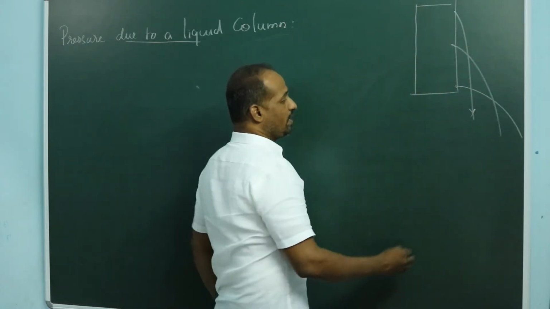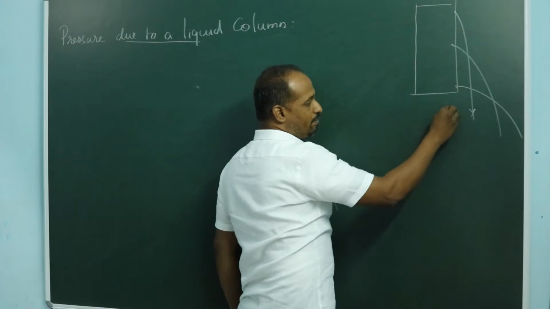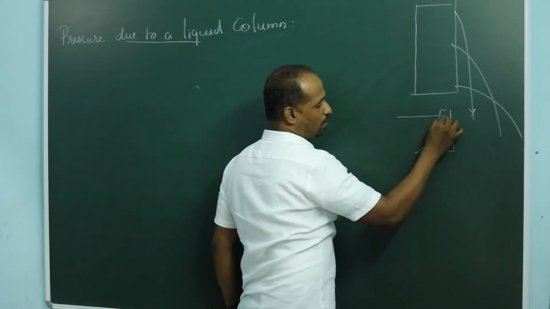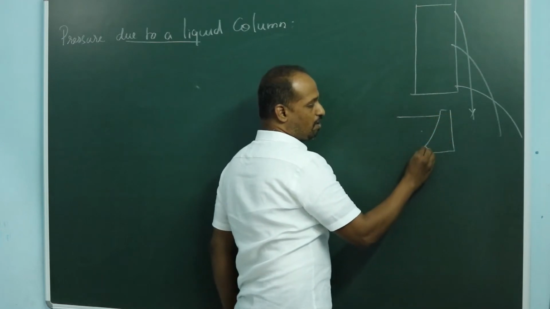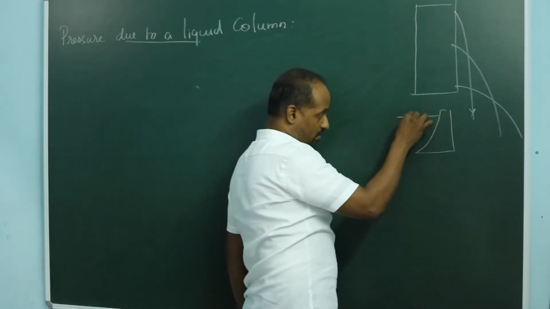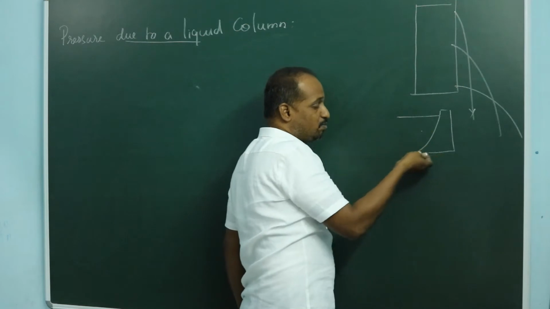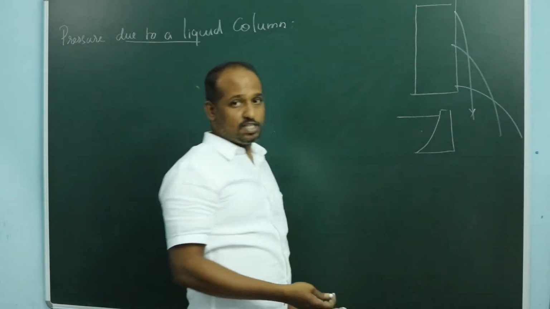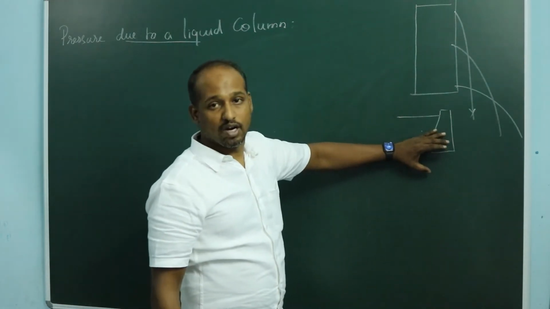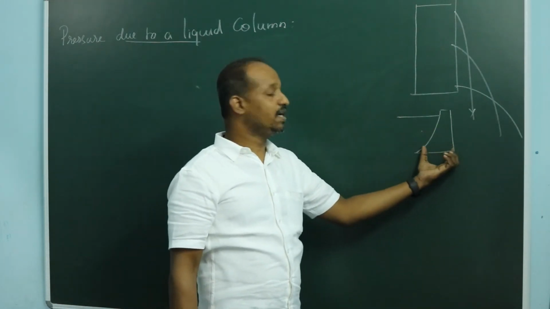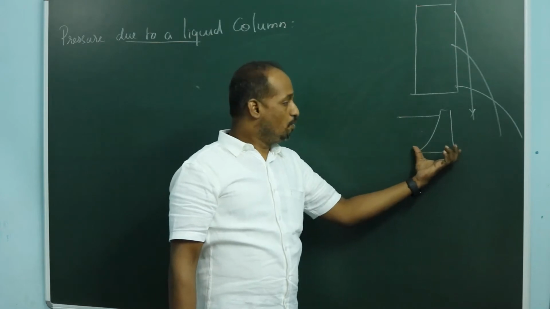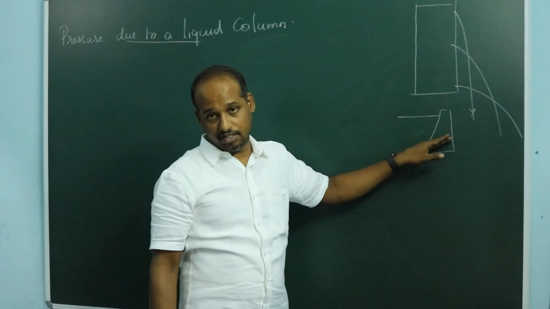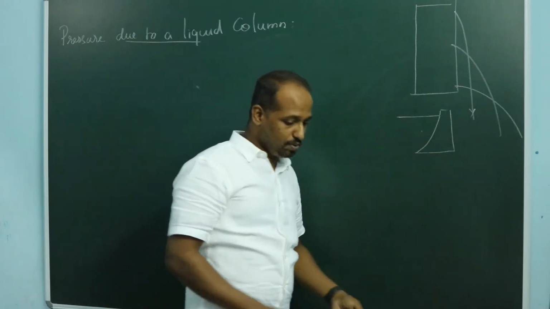That is the reason why in any dam, they will build a dam like this. Because when you fill water up to this level, the water exerts more pressure at the bottom. That is why, for the dam not to be damaged, it has to be built strong at the bottom. So the bottom of a dam is generally wider than the top, and it has to be constructed very strong also.